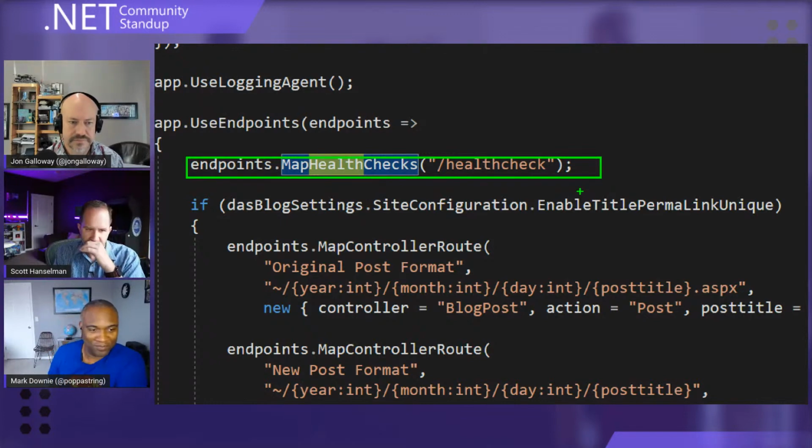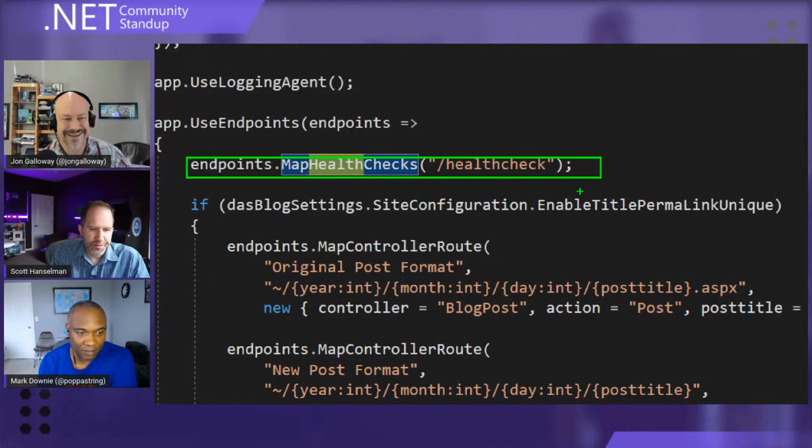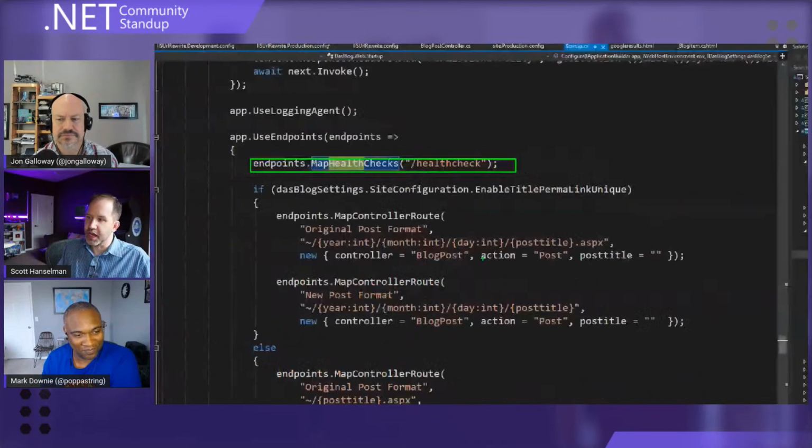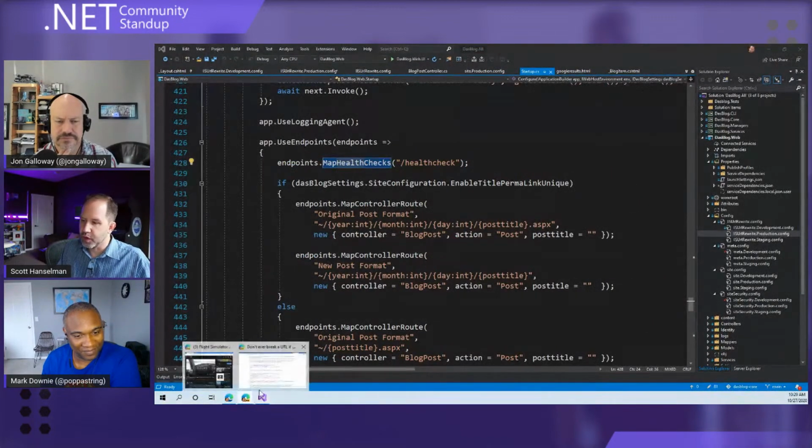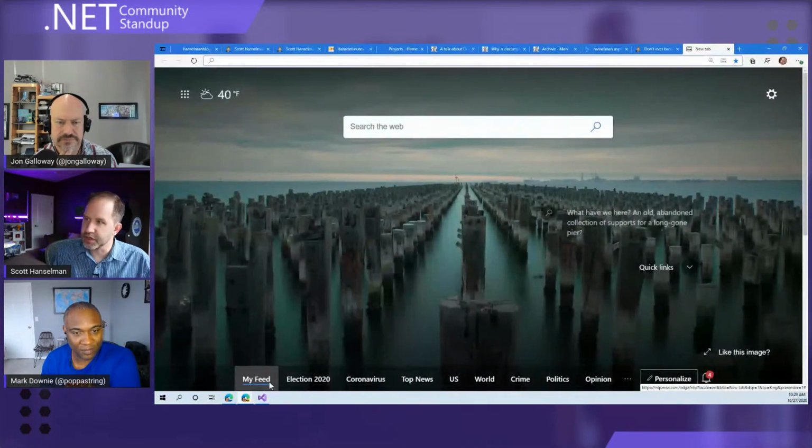No. I basically went to a third-party site and said, hey, ping my website every few minutes. Yeah. Well, it turned out it was pinging it every 5 seconds, and it was doing a GET and loading the homepage, which is like 500K or a meg. And I'm thinking to myself, I don't want to pay the 30 gigs a month or whatever to have you tell me that I'm okay. So a health check is an ASP.NET-ism.